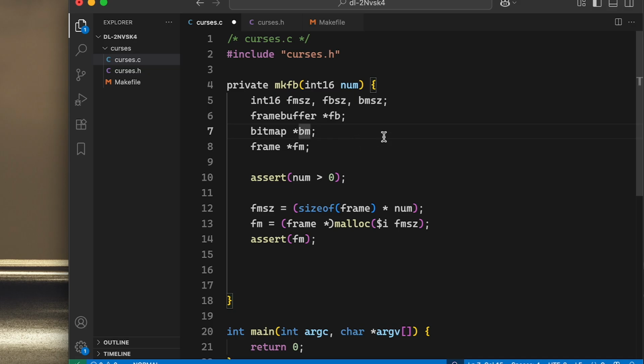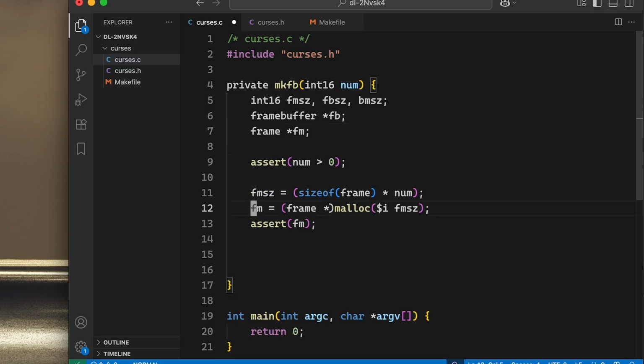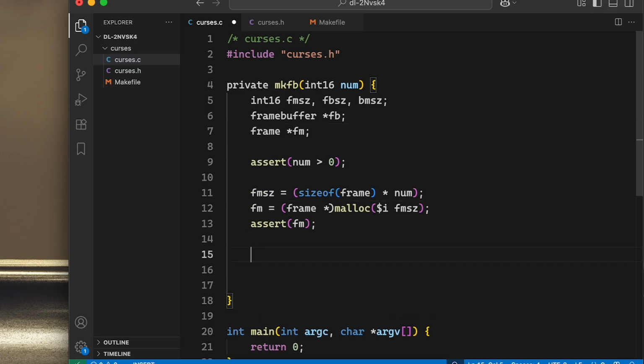So let's actually remove this bitmap, but we need to have the bitmap size though. So let's see. We need to take the number of frames, let's say,